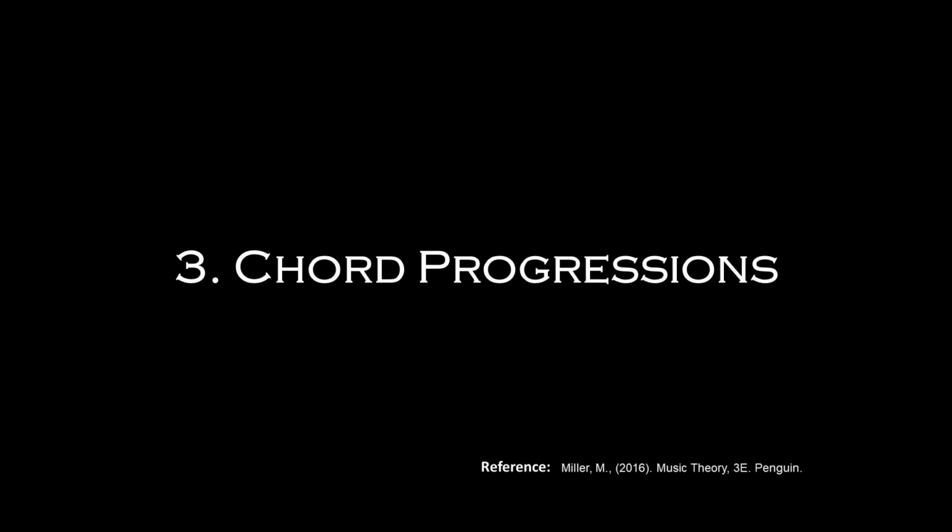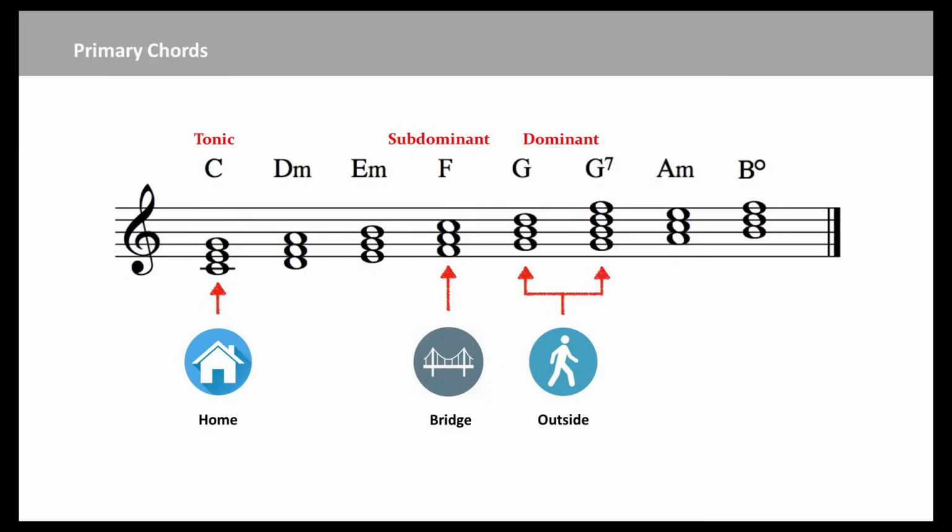Currently, we have another 4 chords, and they have not been defined. What are the functions of the remaining 4 chords? In fact, instead of giving each chord its own function, it is better to classify all chords into the 3 functions that we described. When we write chord progressions, it becomes very simple. So we just need to classify the remaining 4 chords. Which one likes home? Which one likes outside?